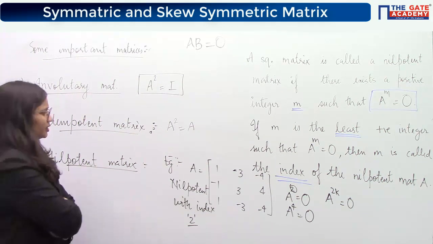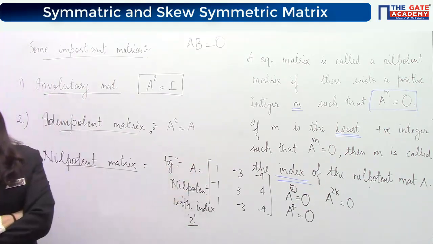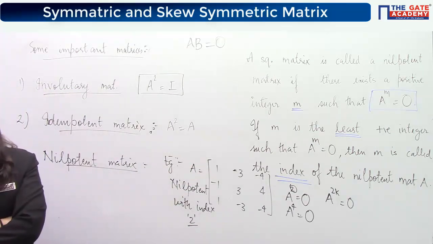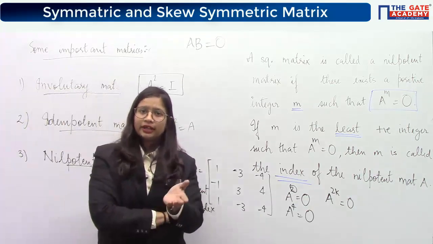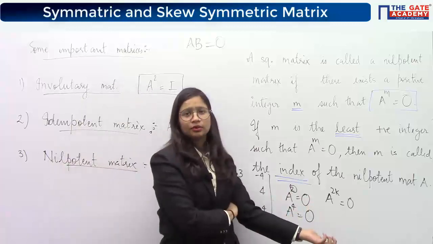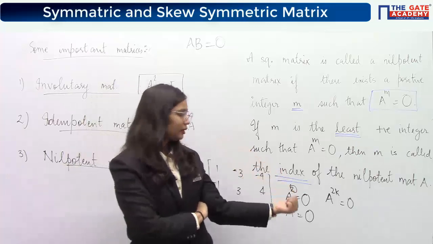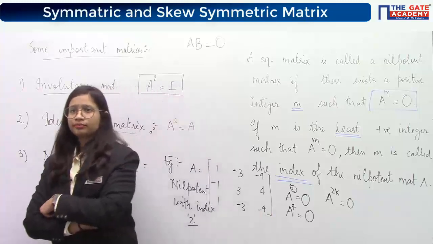Okay, so everybody is having some problem whether A cube is a null matrix or not. So let's find out. Just multiply A with A square. Is it giving you 0? 0, because null matrix into A. Every element of A square is 0, so if you multiply that with anything, it will turn out to be 0 only. Similarly, A to the power 2k will also be 0. But the minimum value for which this comes out to be a null matrix is 2. That's why this index is 2. Okay, that's what I was saying.